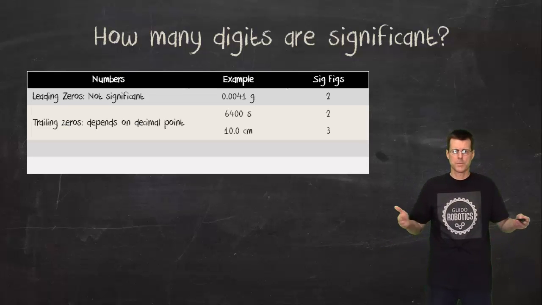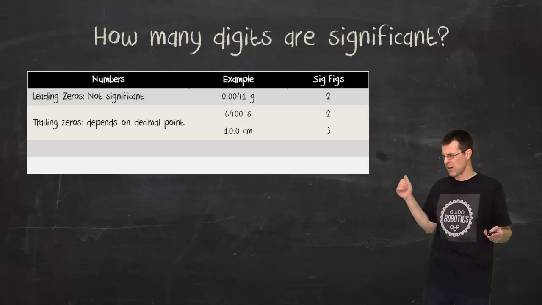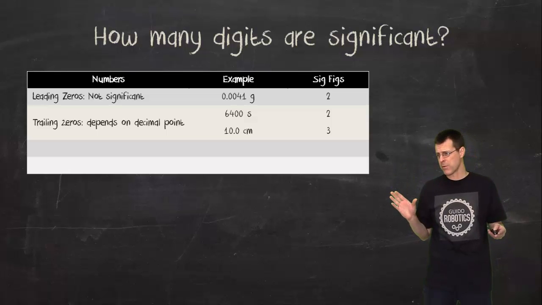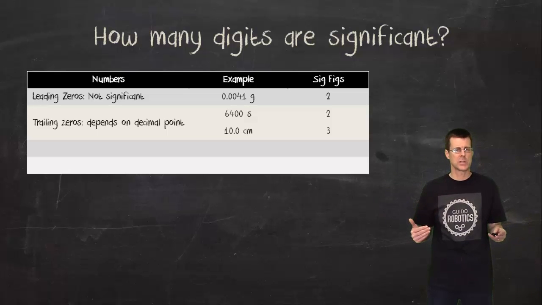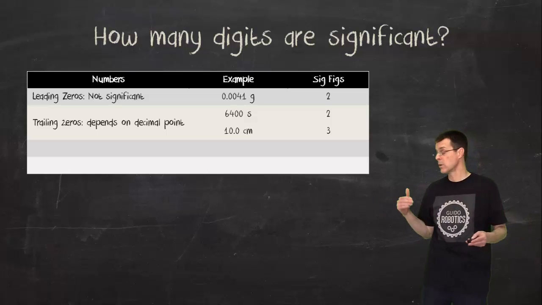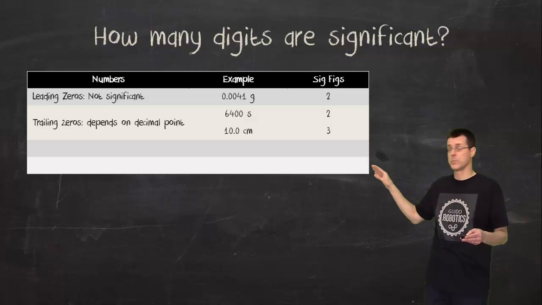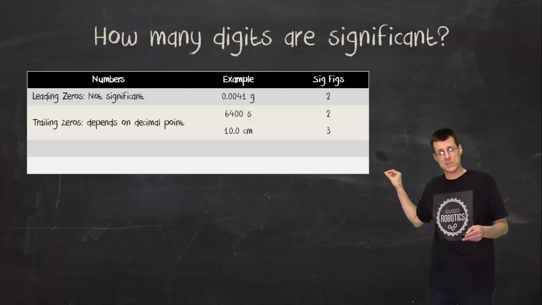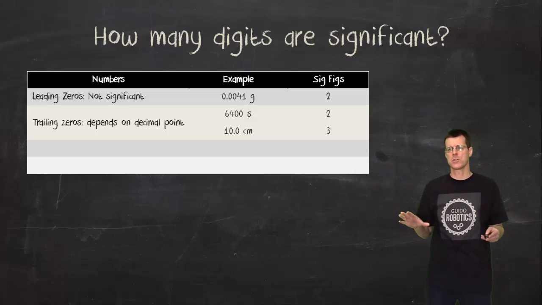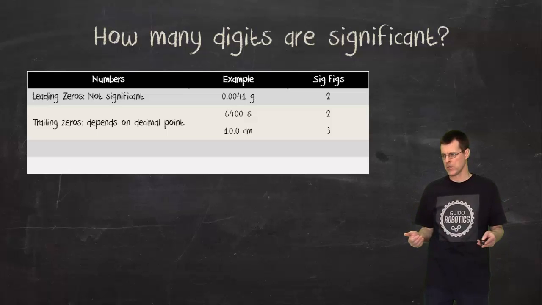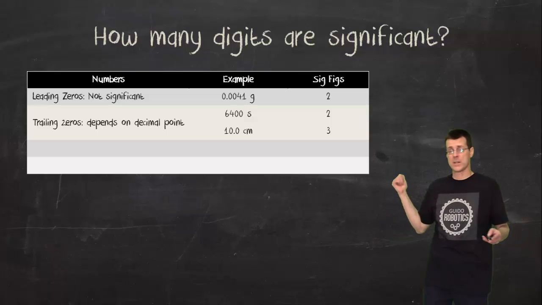So leading zeros are not significant. Trailing zeros, this is where you're going to find differences of opinion, because for me personally, that's 6,400. I would call that 2 significant digits, but I do know of people who would call that 4. I would know of people that say if you want to call it 4, then it should be 6400 with a decimal. Okay, I'm going to go with 2, but again, that's one where you're going to see some variation. 10.0, I don't think you'd see any variation on that one. That final 0 is going to be